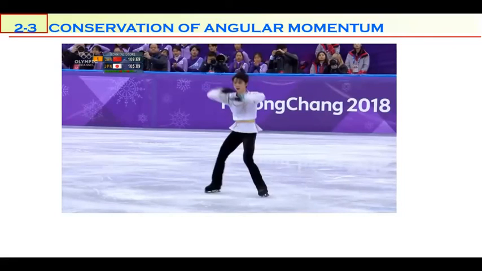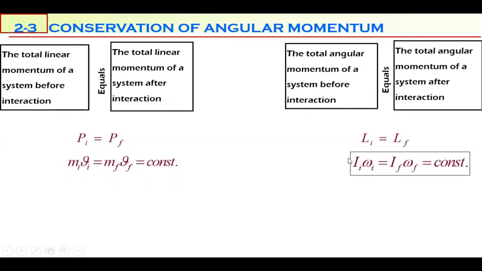the moment of inertia smaller, because angular momentum is conserved, angular speed increases. If you make the moment of inertia greater, you decrease the angular speed. So angular speed and moment of inertia are inversely proportional. Why? Because L is kept constant. This is known as the conservation of angular momentum: the total angular momentum of the system before interaction